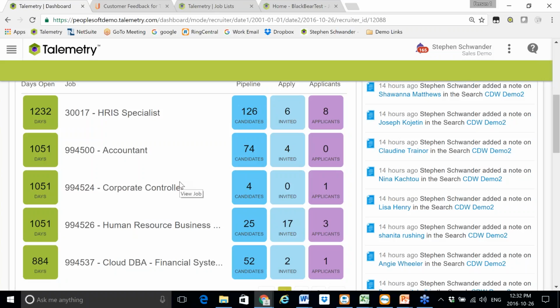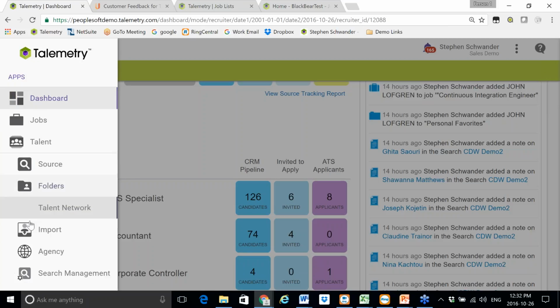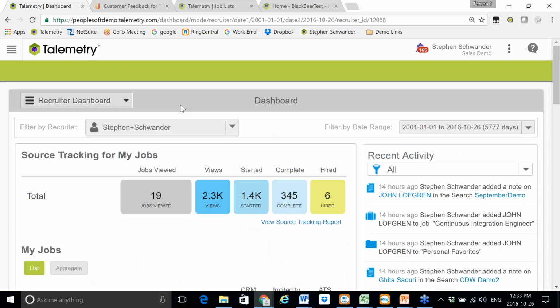Good. So we don't have a lot of time, so I'll keep it relatively high level, but I want to give you a really good understanding of what a truly integrated recruitment marketing platform looks like. So I've logged in here to the telemetry solution, and this is my navigation panel here, and I can go ahead and hide that to my left so I can see my dashboard. And I've logged in to a recruiting dashboard here. I could have logged into the company dashboard and shown how many jobs were integrated out of the ATS, how many career sites were live, how many applicants were in the pool. But I'm going to skip to the recruiting dashboard for now,